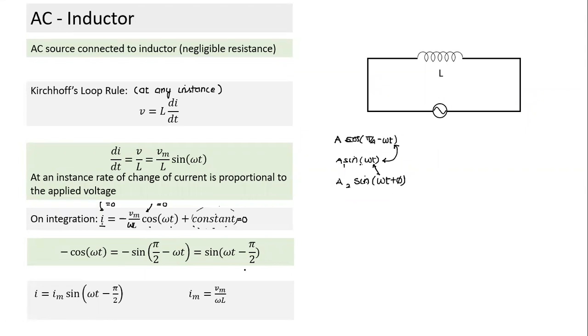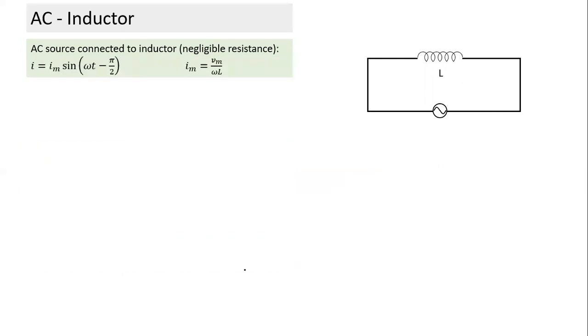Now let's try to understand what this implies. With an AC source connected, this is my result. If we apply an AC voltage here, of course the current will also have an oscillating term. It will have the same value of omega, and this is how the current will be. The current will also have an amplitude and a phase. In all cases, we need to understand what determines the amplitude and how the phase is.